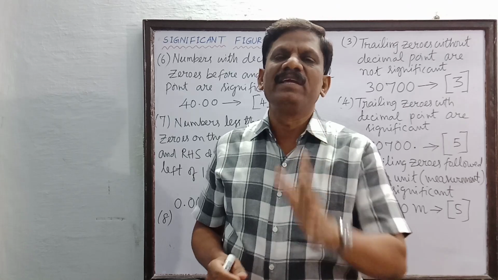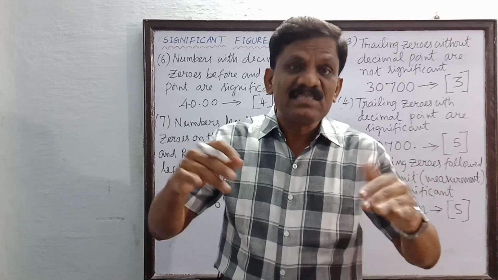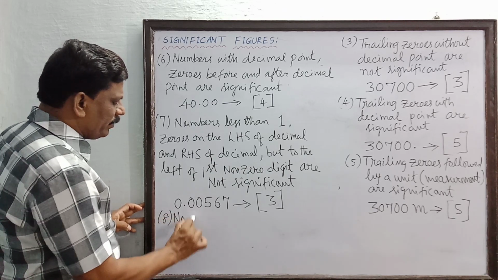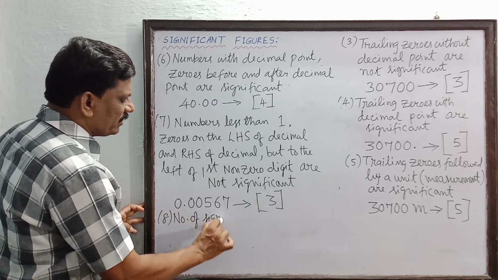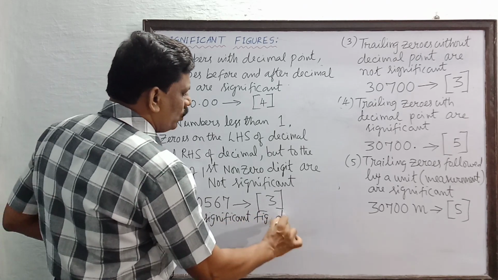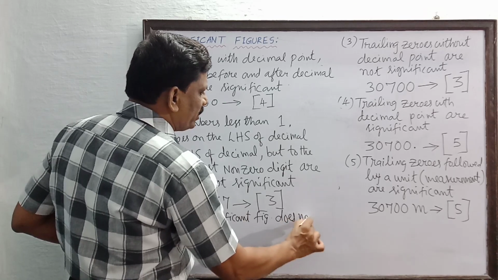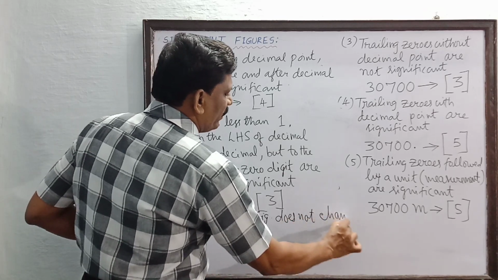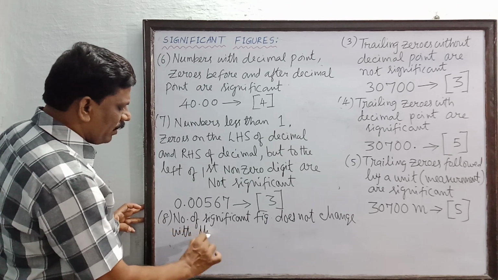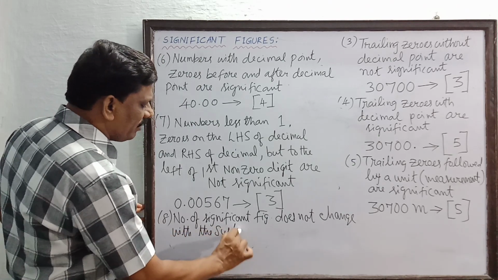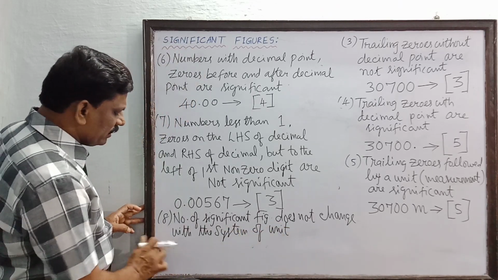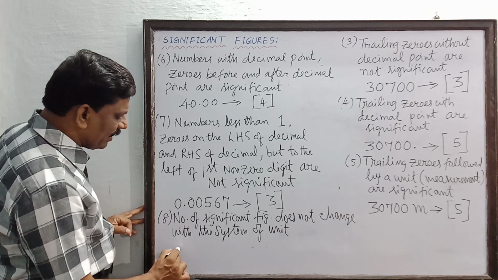The number of significant figures does not change with the system of unit. So for example, I will write distance is equal to, for example,